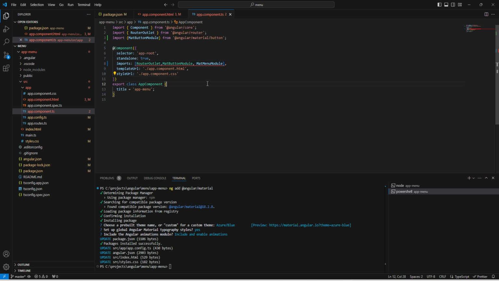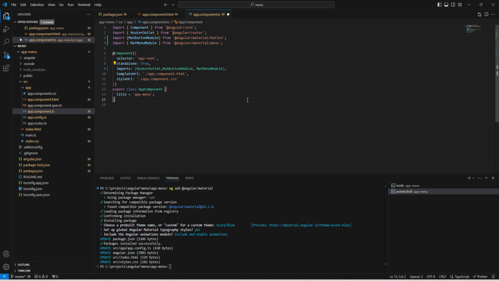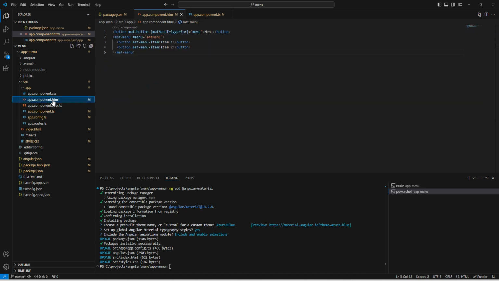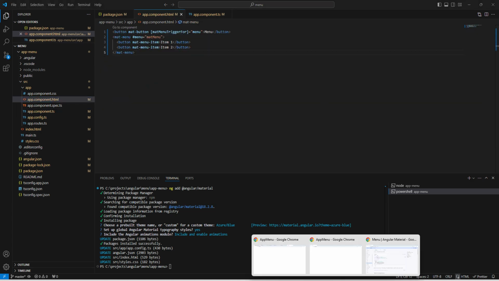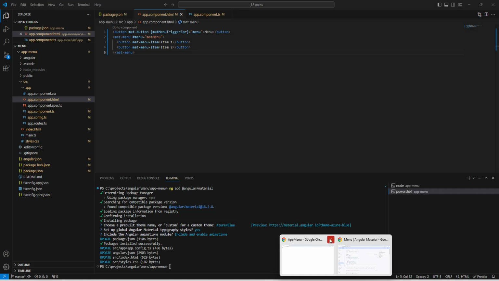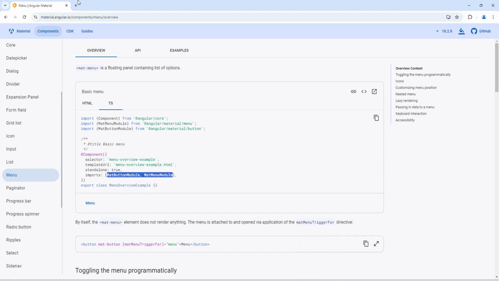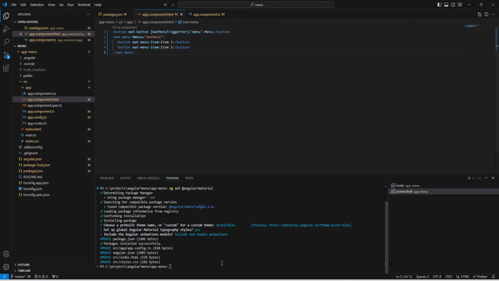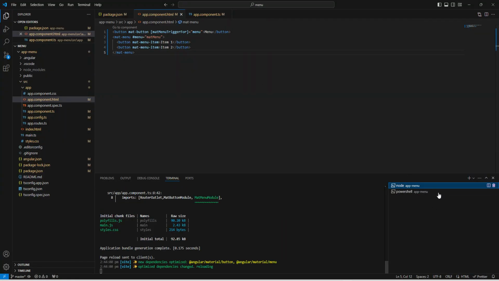Similar way we can add the import for this mat menu module, and we are done with that. Okay, now let me close the various tabs which are available. Fine. Now we can rerun our application and check,